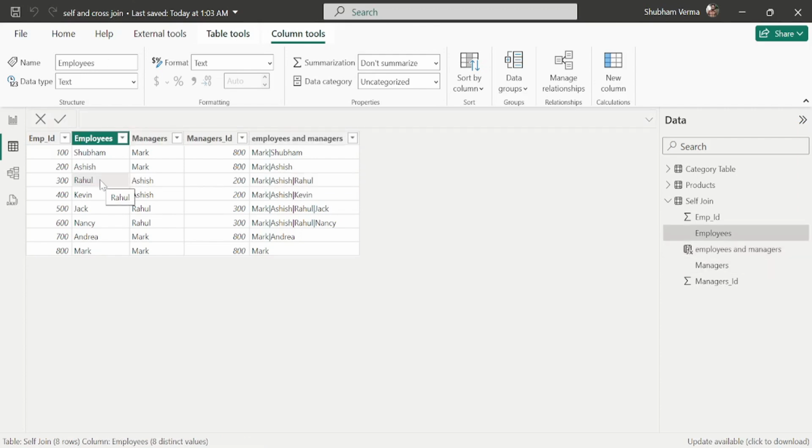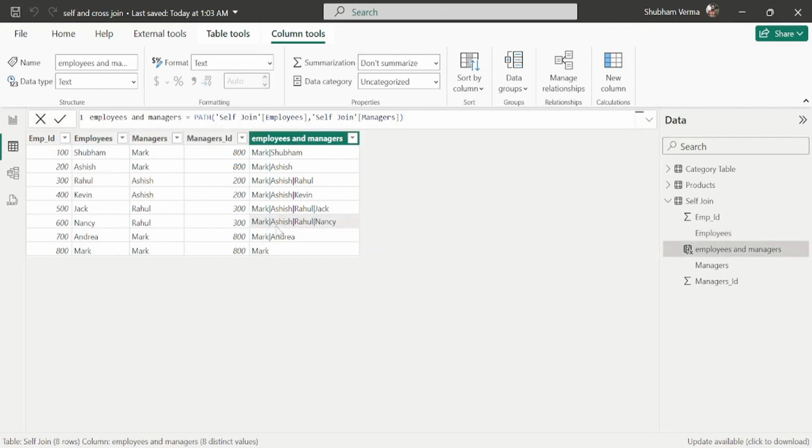And in a similar way, if you cross check any other record, let's say this one, here we can see Mark is a manager of Ashish, which we can clearly see here. Ashish is a manager of Rahul, which we can clearly define here. And Rahul is a manager of Nancy. So in this way,